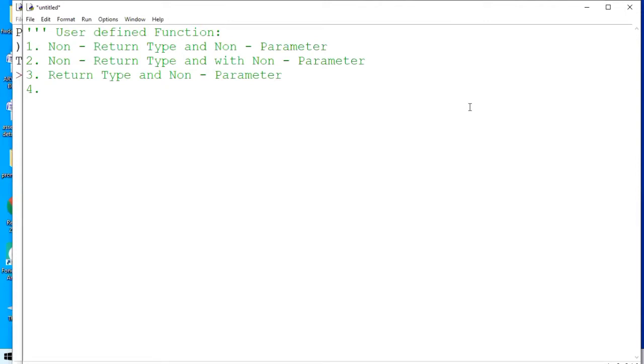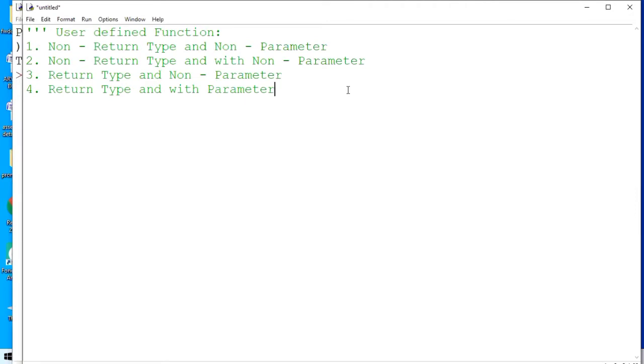And the fourth one can be return type and with parameter. So all together we are going to learn these four varieties.